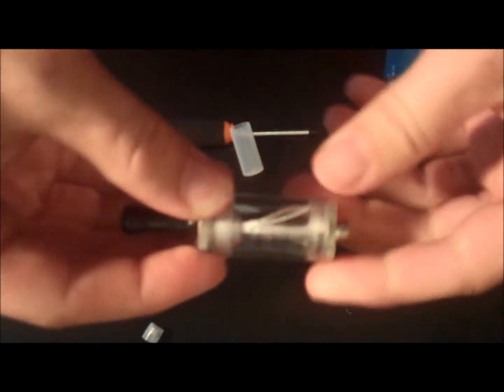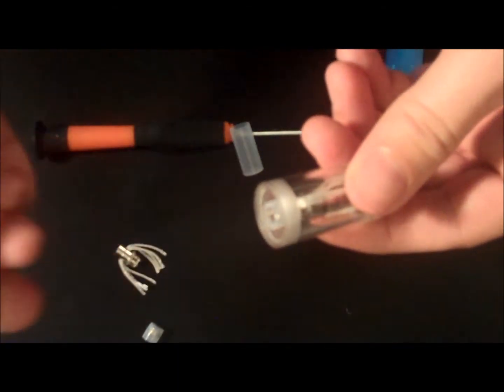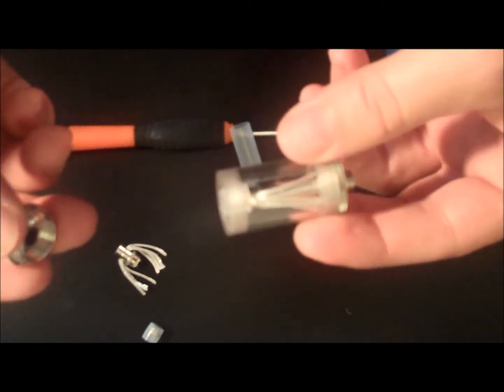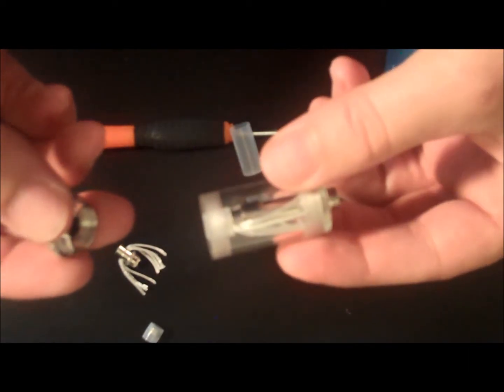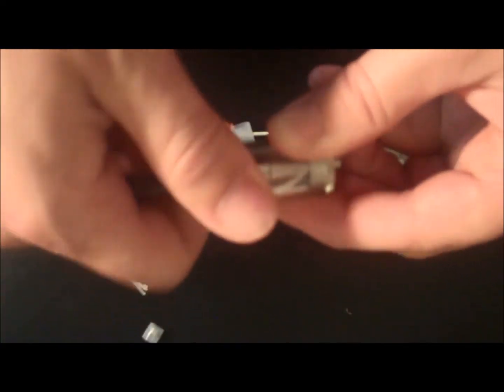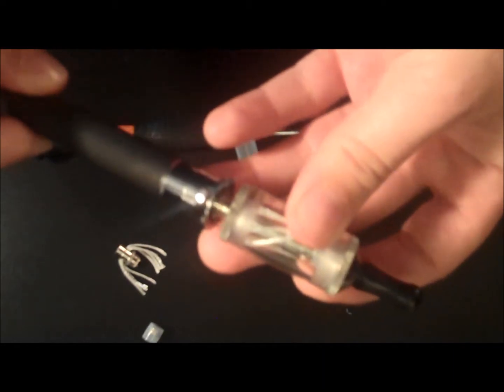But that's two different ways on how to take your atomizer head on and off, and again, typically they last 2 to 4 weeks for most people, and those are available on vaporlegacy.com. So moving on, we'll go ahead and put our battery back on,